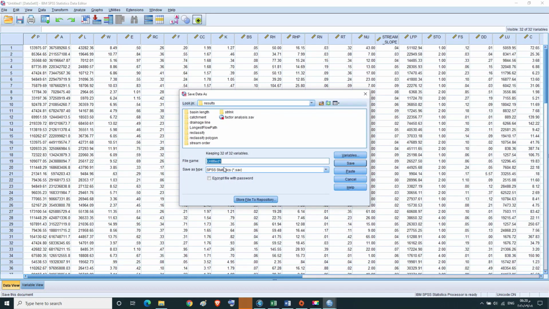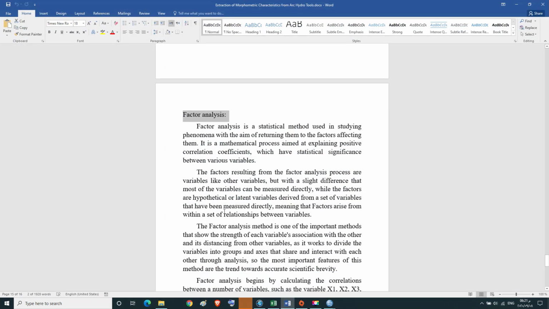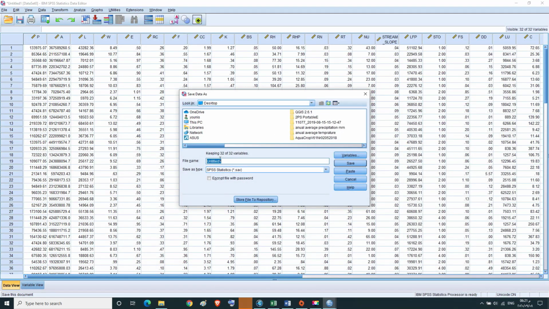Then we specify the save location on the desktop and we type the file name, which is factor analysis. Then we press save.